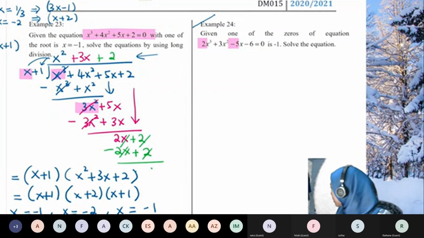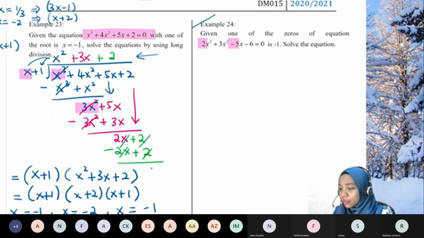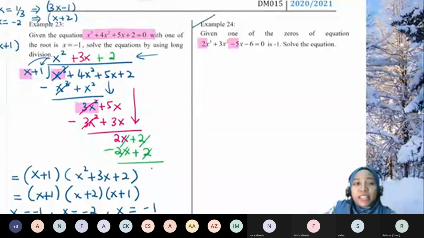Okay, so mari kita buat example 24. Okay, kepada yang tak faham, boleh tengok sekali lagi. This is your last chance to understand how the long division works in finding all the factors. Because soalan dia takkan tanya, find the factor of this function. Tak, dia mesti tanya,